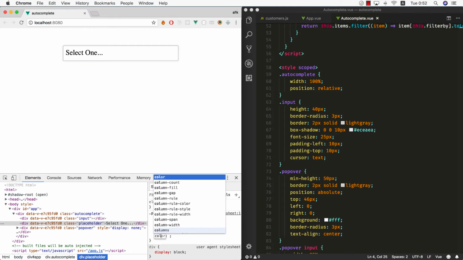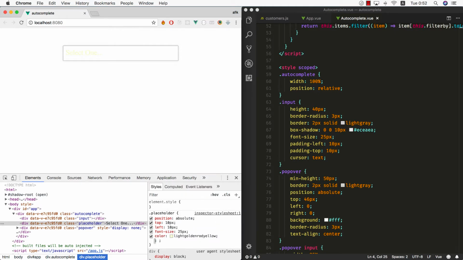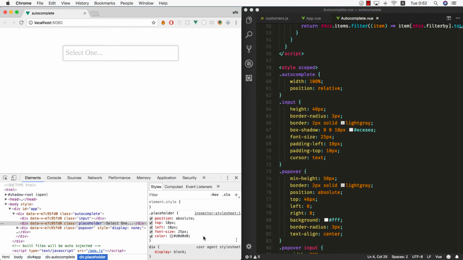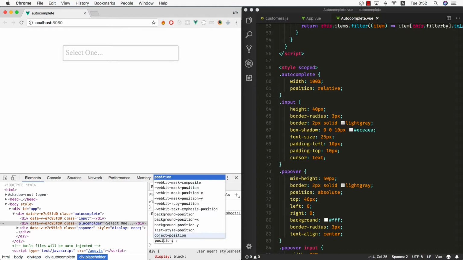We'll give this one a color of very light gray, so it actually looks like a placeholder. So light, never mind, let's just select the color from here. I think this one looks like a placeholder. Yeah, good enough. And I want the pointer events